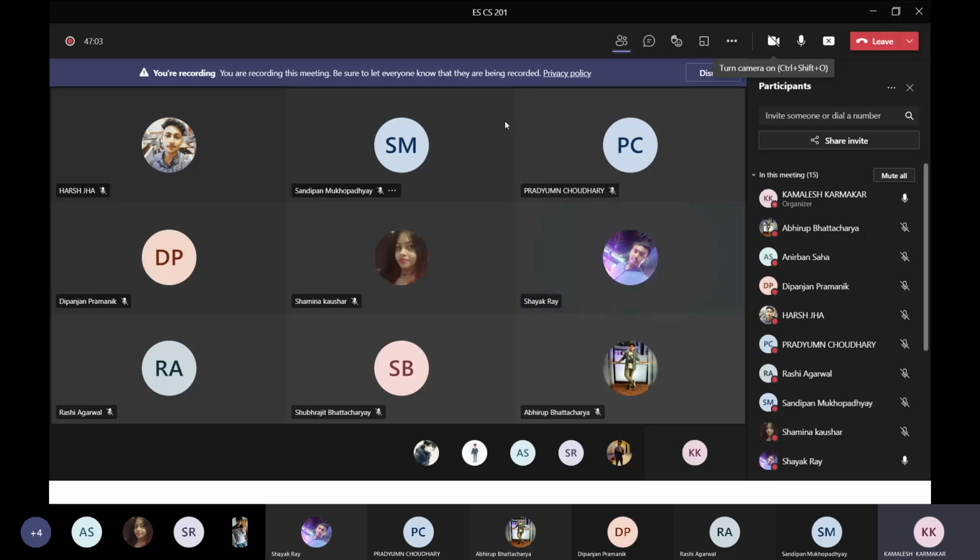Those things will be included in the syllabus. Two's complement, one's complement, then the multiplication of two numeric values. So those things will be in your syllabus.